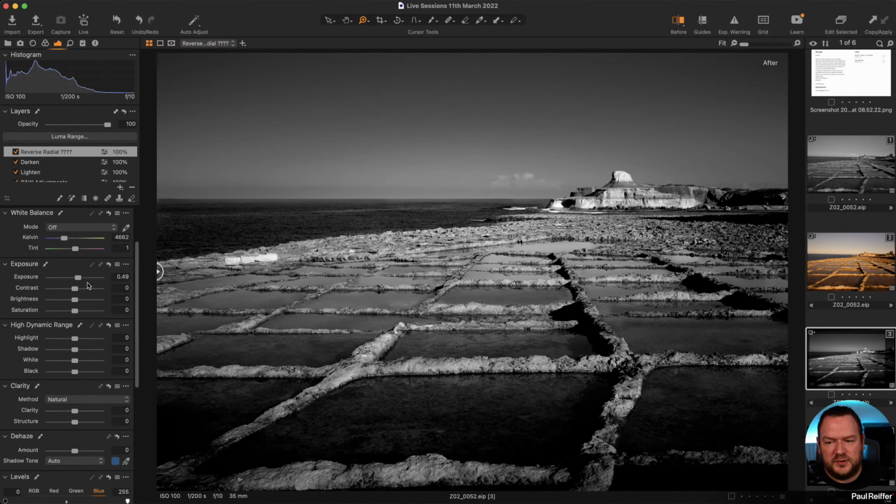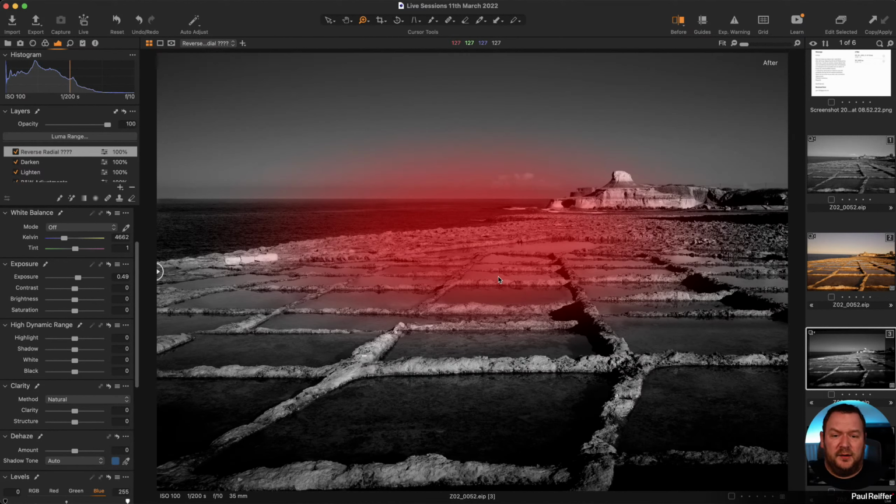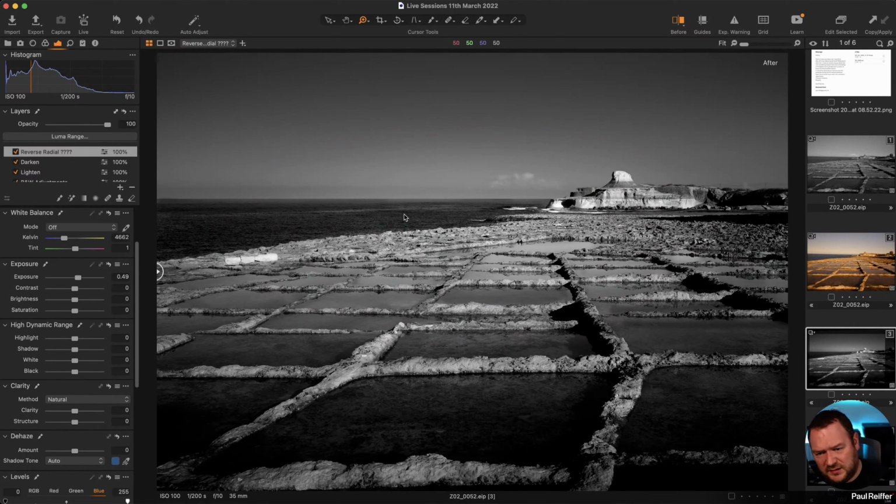But in your exposure tab, you've increased the middle part of this image by half a stop. That's fine, but effectively that's just a vignette. Whether you lighten the middle or darken the edges, it's the same effect. We've just vignetted the shot. But the problem is that I'm not sure this is our point of focus really, because you're lightening the sea,